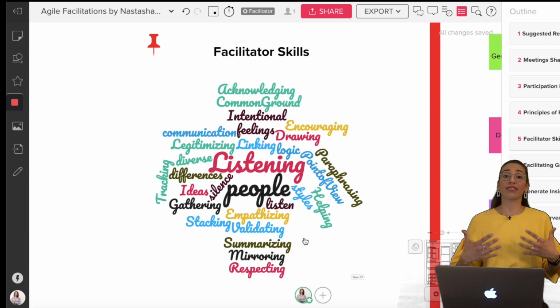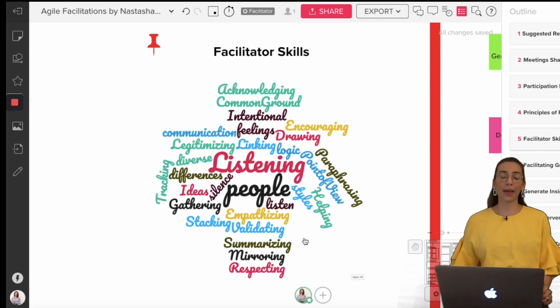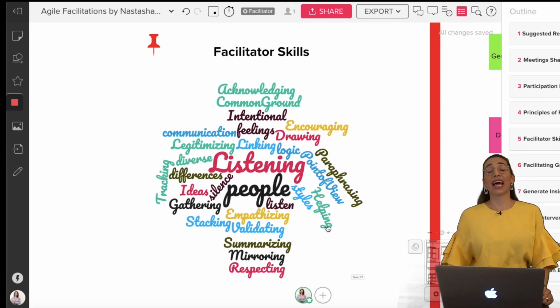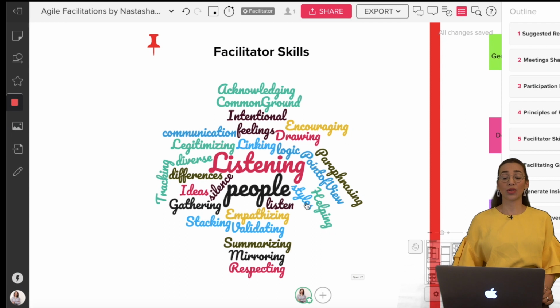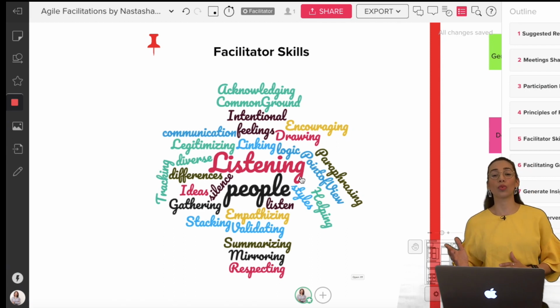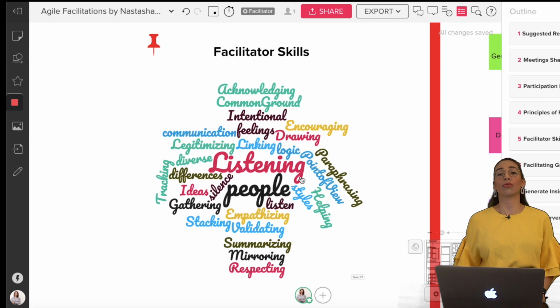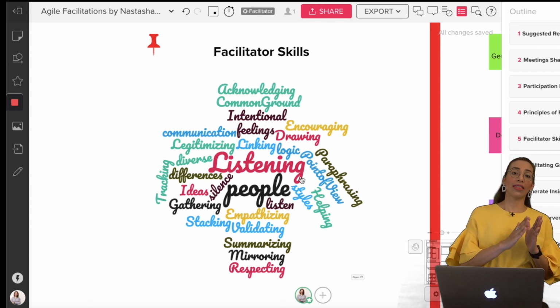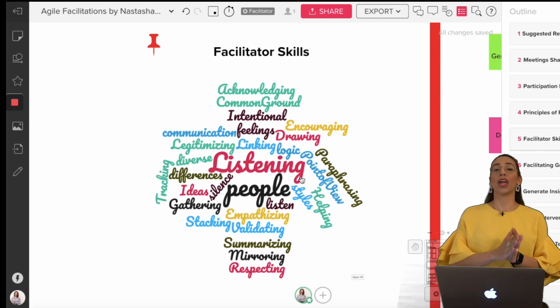We're going to make sure that they have silent time if they need silent time. We're going to make sure that there's linking between the team members if necessary. We're going to make sure that we are bringing the different points of view into the room, yes? So as you see, as an Agile Facilitator, there are a lot of things that you do while listening, okay? And this is important to remember because sometimes we can be too passive or too proactive. We need to find the right balance to move our teams from the divergence zone all the way to the